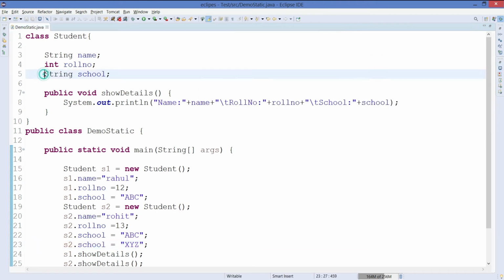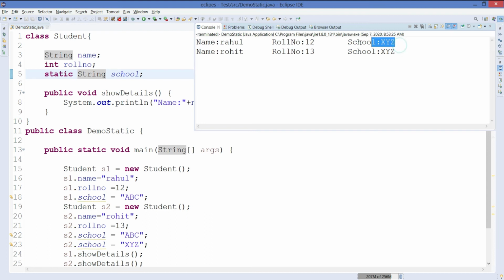But as I put the static keyword here, if I run the program now, both student objects are affected even if only one student changes or updates the value of the school.